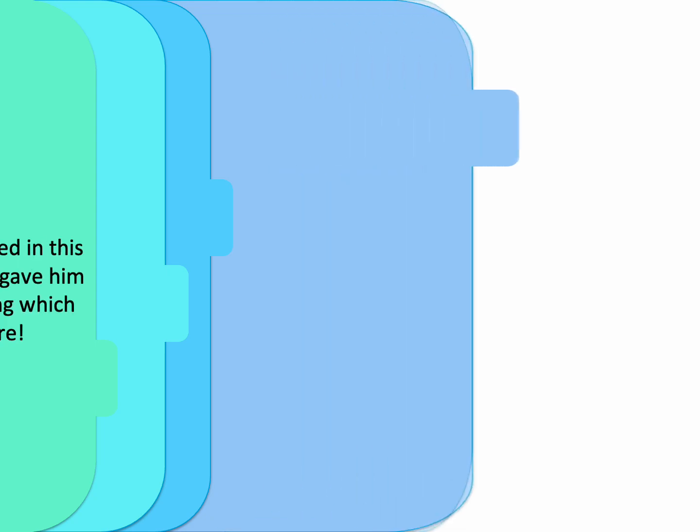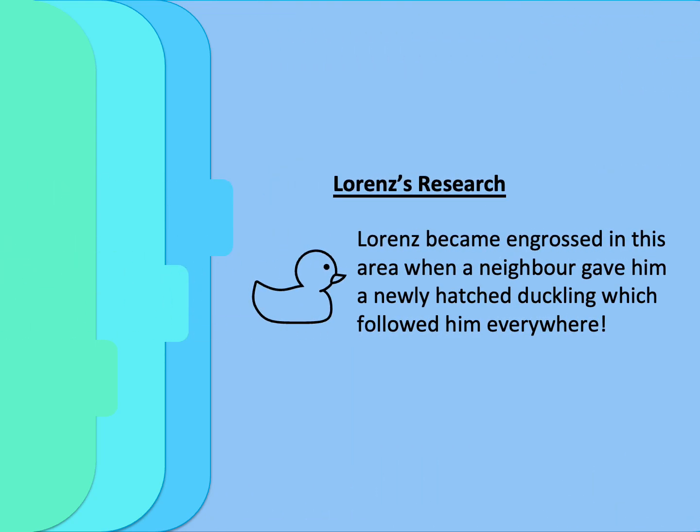Moving on now to the second animal study, which is Lorenz. So Lorenz used goslings, and he was fascinated in gosling attachment when a neighbour gave him a newly hatched duckling, and that duckling followed him everywhere. So Lorenz then translated that into an experiment on goslings, as shown in his procedure,